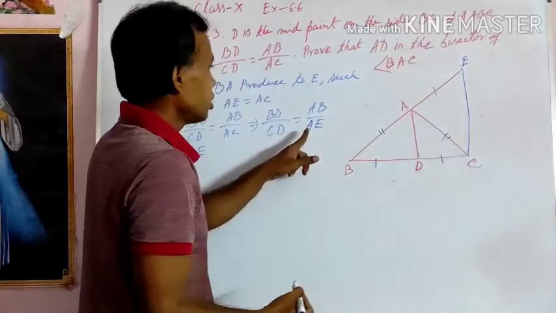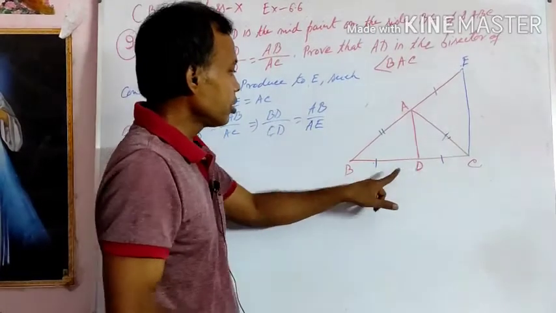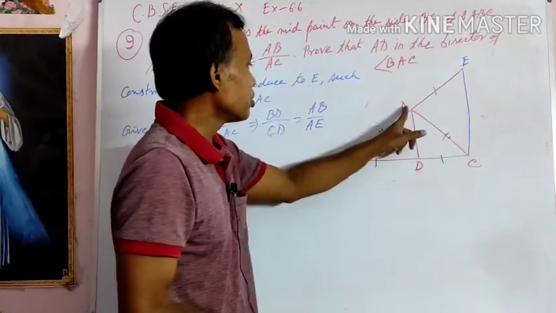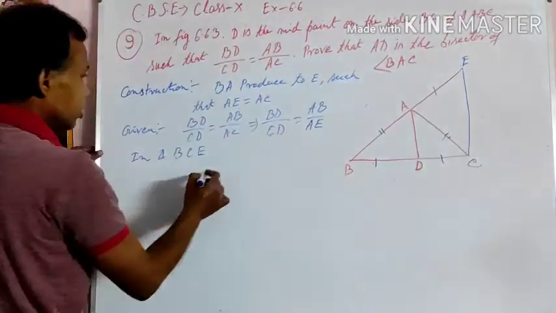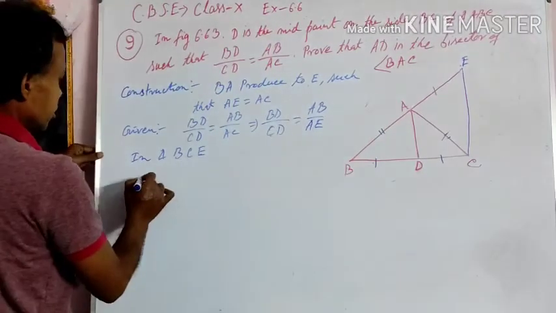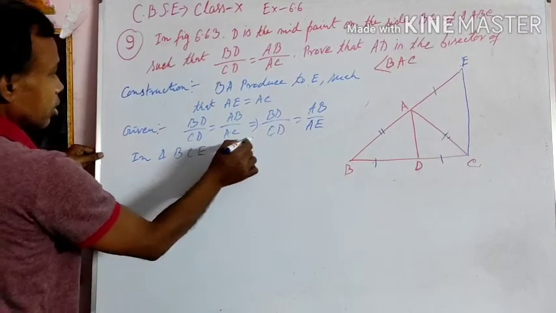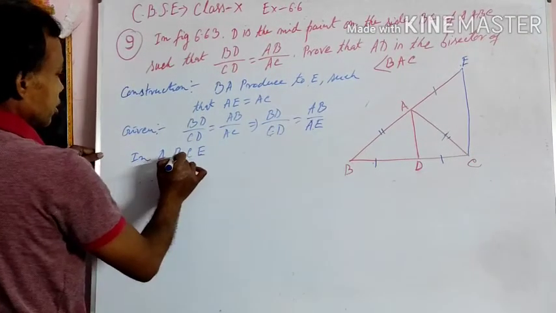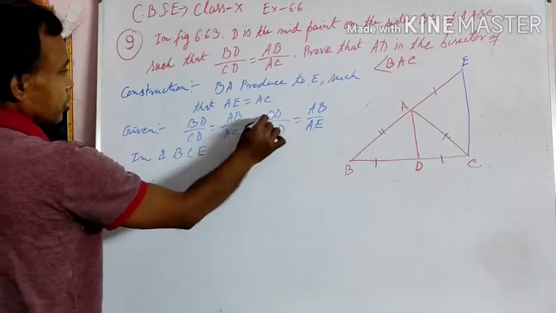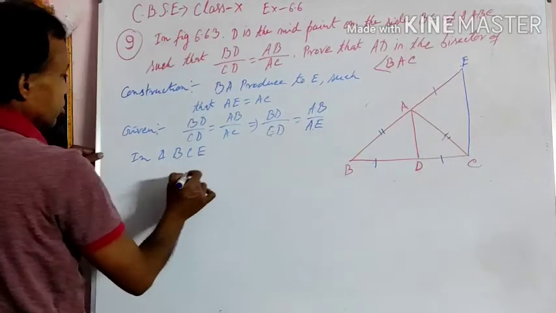That is, we can write BD by DC is equal to BA by AE. So since the ratio is the same in triangle BCE,